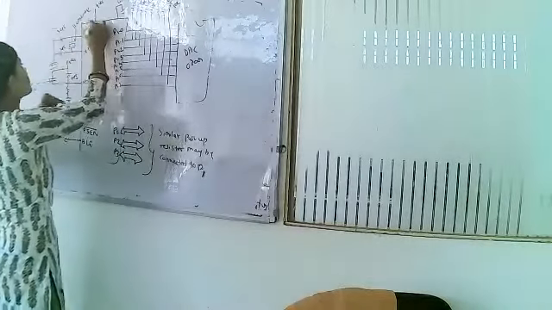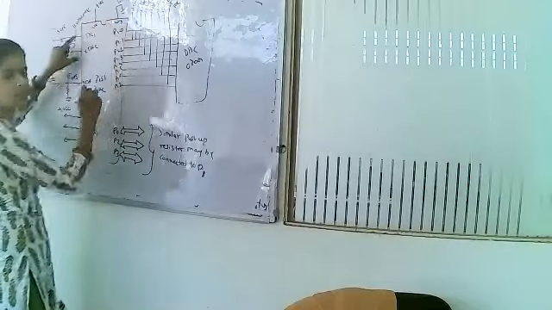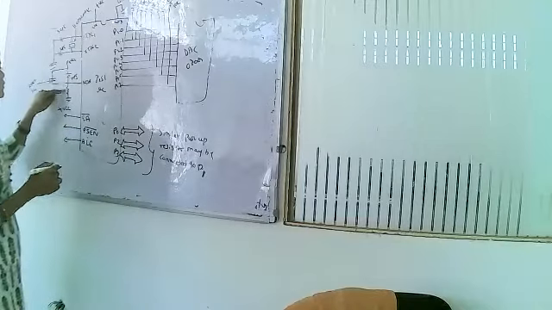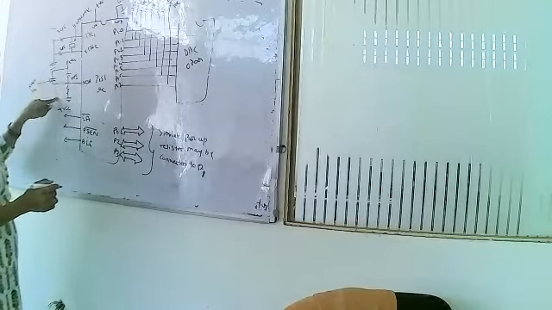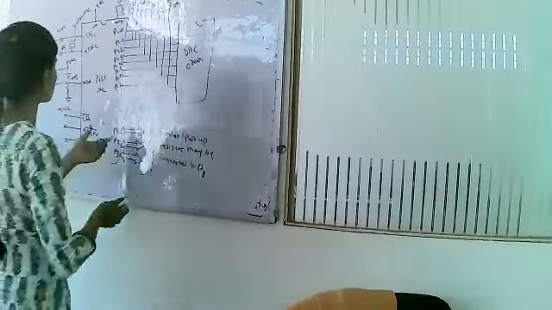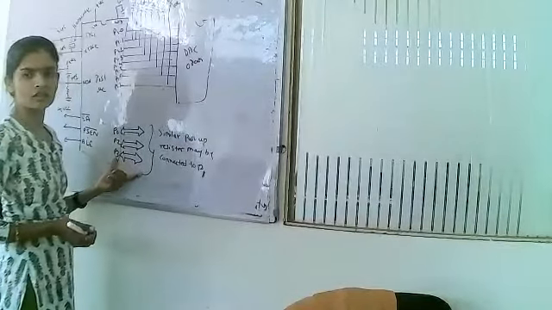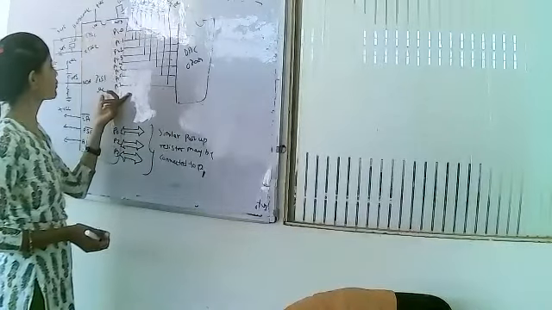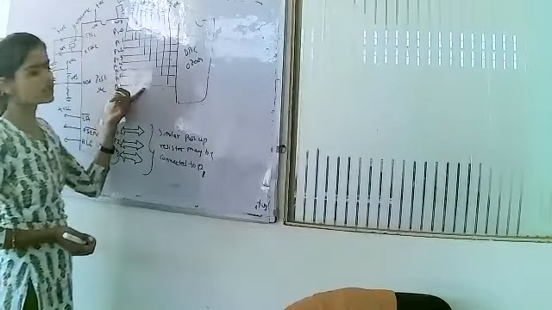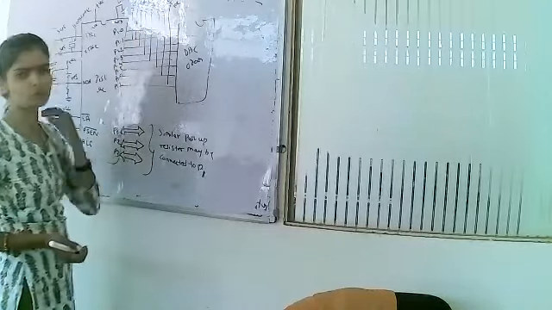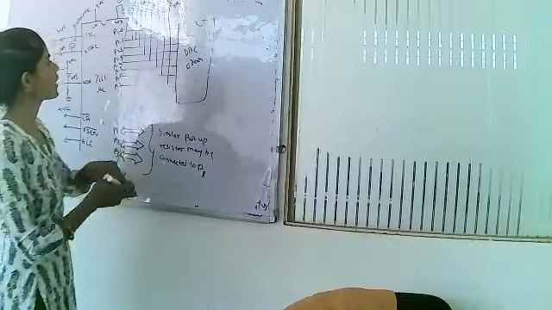Here we have VCC, ground, then crystal 1, crystal 2, and again the reset circuitry. In the reset circuitry there is a resistor and capacitor connected to VCC and ground. Then the 3 pins EA bar, PSEN bar and ALE. Port 0, port 2 and port 3 are similar, with resistors connected as for port 1. All the port 1.0 to 1.7 pins are connected to pull-up resistors, and port 0, port 2 and port 3 are also connected to pull-up resistors.